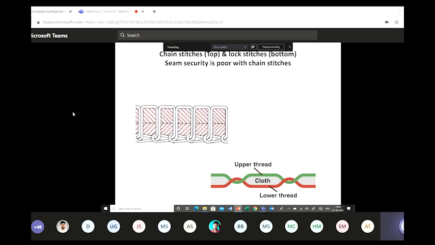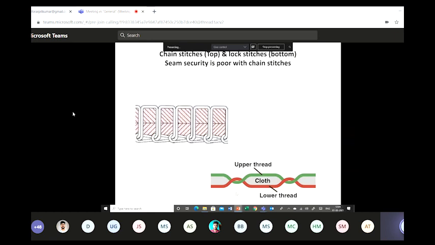There is a problem of missing stitches. Even in the case of the lock stitch, you see there are two sets of threads. The green thread is called the upper thread. The other name is needle thread. Then when this comes here, the green thread will be going down. It will go below the fabric and form a big loop. It has to form a big loop. Then the lower thread from the bobbin has to go through the loop.